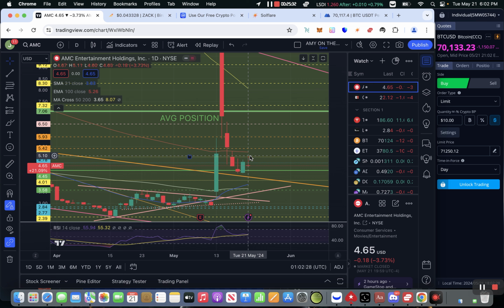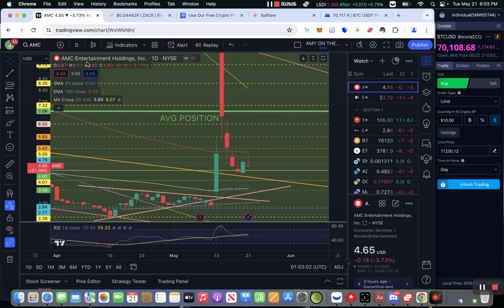I believe today we got to 510, but that's going to be some type of rejection right here. And if we bust through it, we're going to start seeing some upside. So right now on the daily, that's a big point of rejection, of resistance, at 526, 520, and on the daily, it looks like it wants to retest and then break out. After that, the 200 MA is at $8. So we're going to retest that as well.